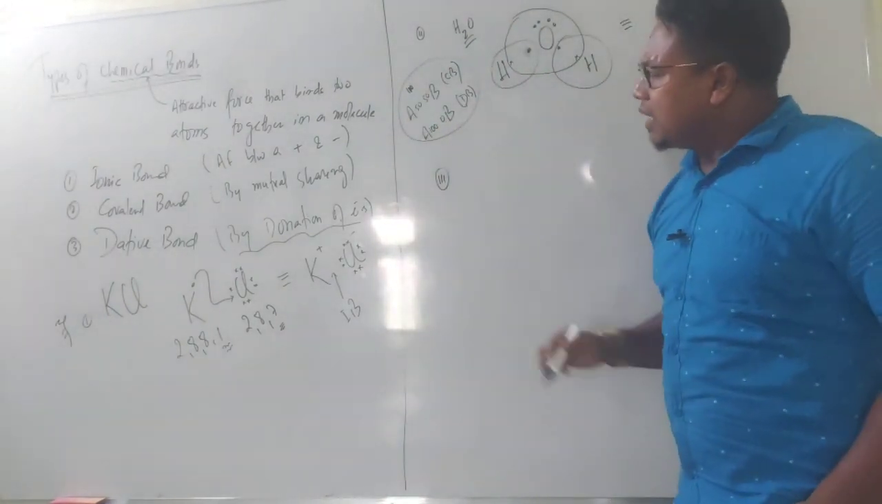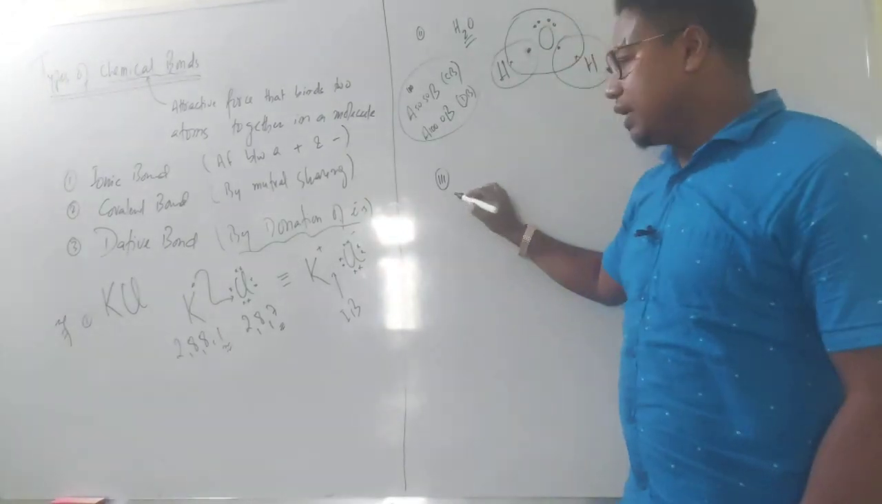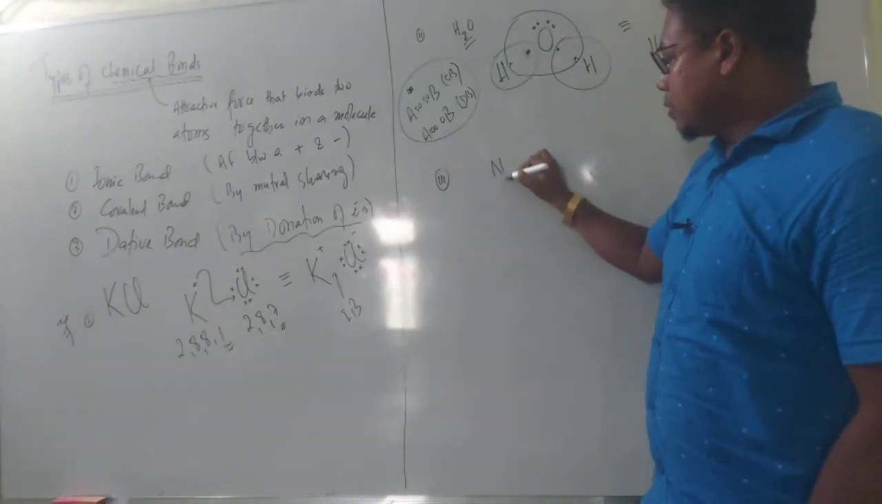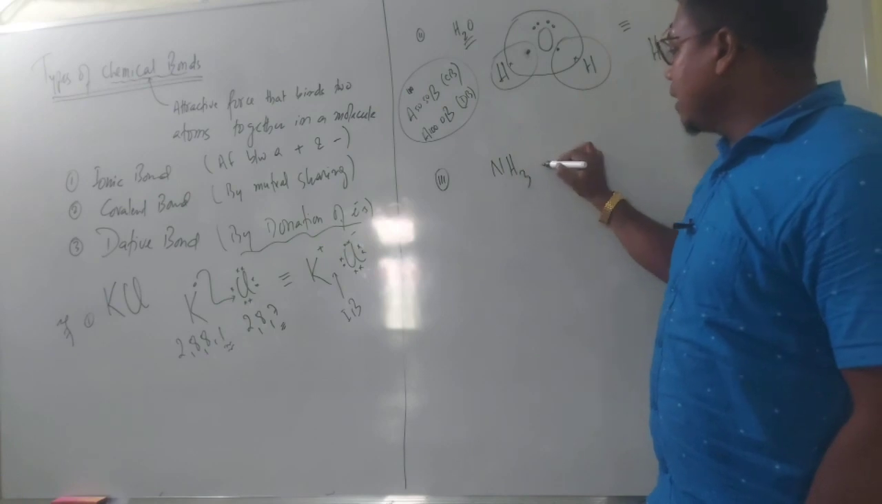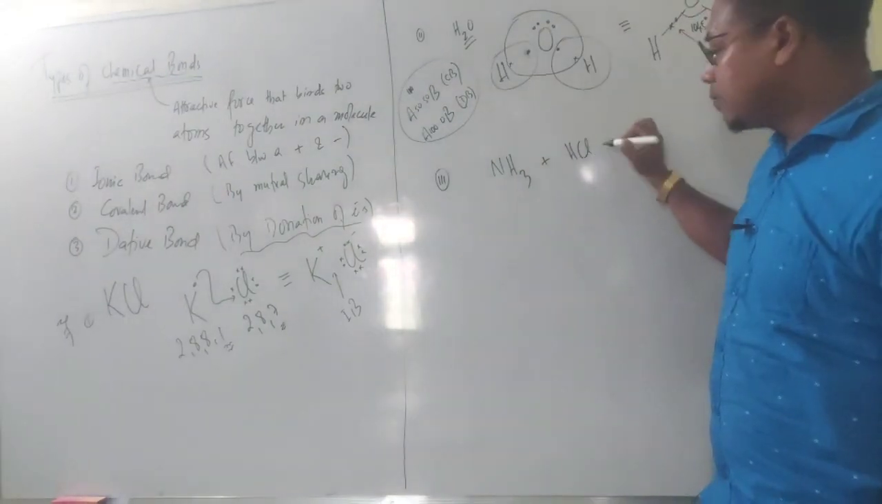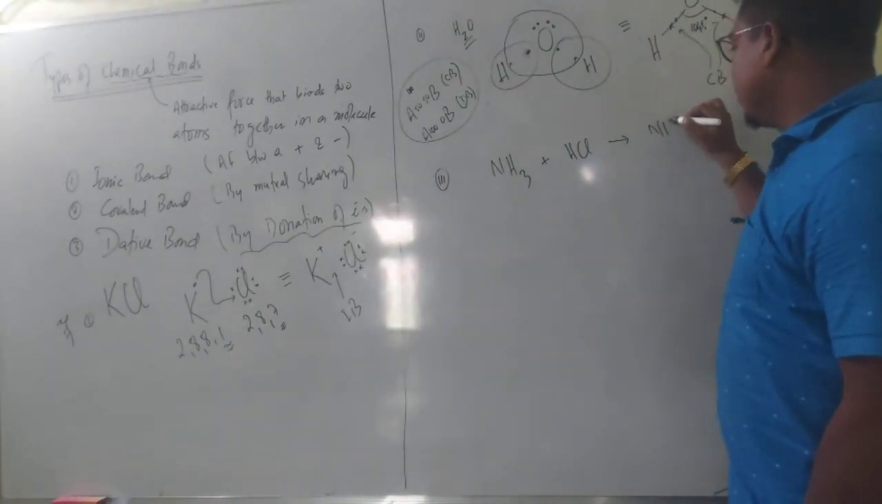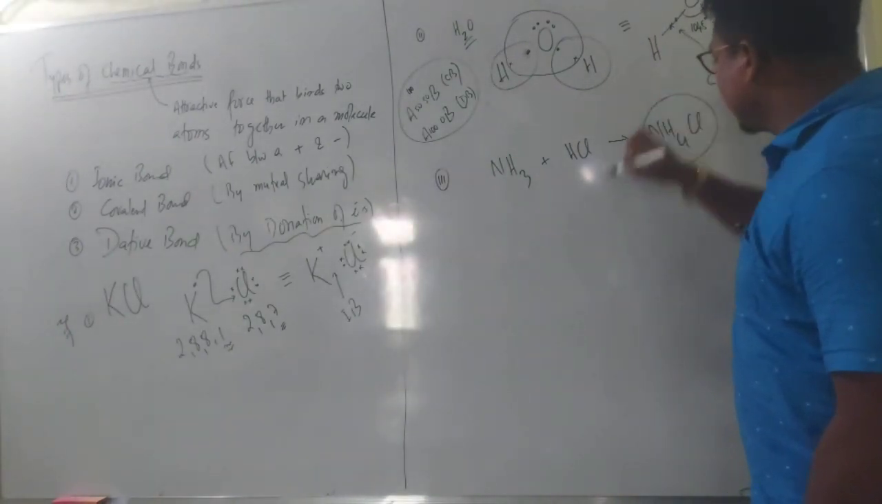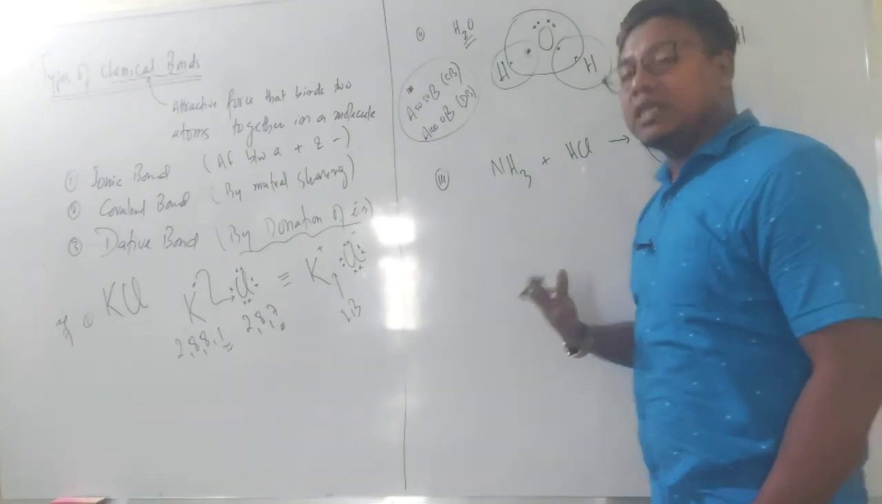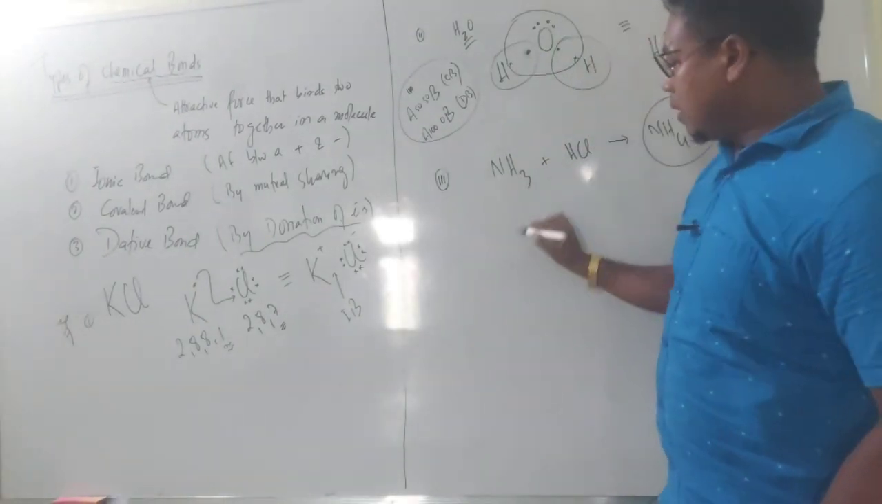Okay, so let me give the example of that bond here. Suppose ammonia, when ammonia reacts with HCl, we will get ammonium chloride. So in ammonium chloride there is a dative bond. Let me explain how. Ammonia,